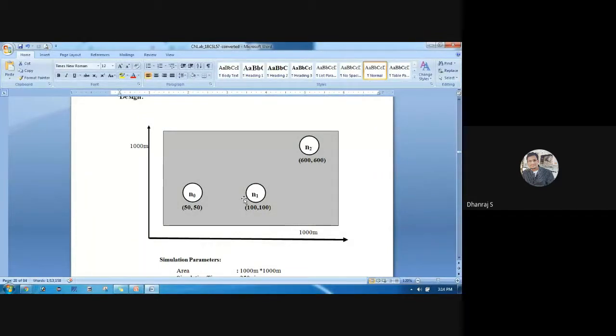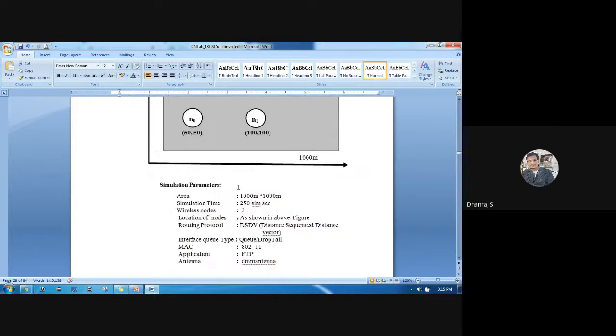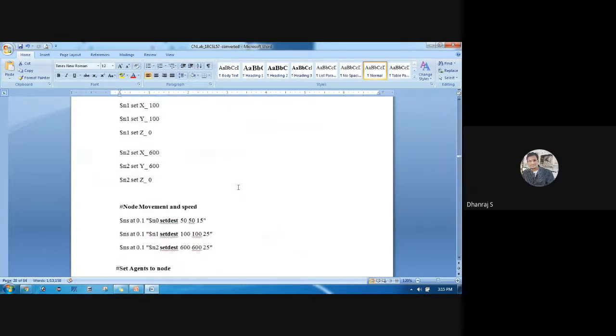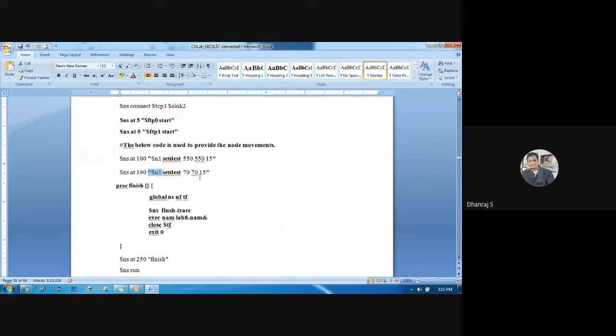Whatever time period I have specified in the code, during that time period it should be at a particular coordinate value. Whenever one more time period is specified, the position of that particular node is going to change, and it will be available in these coordinate values. Why am I assigning only for N1? Because the remaining two nodes are constant. The first one you can consider as a source, and the last one, N2, you can consider as a sink or a destination. And here N1 is acting as a source as well as a destination.